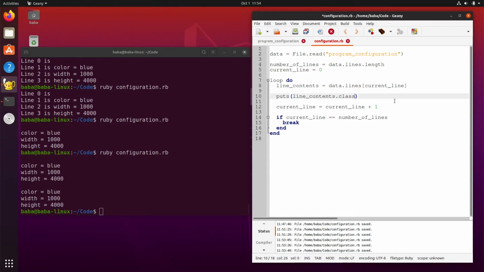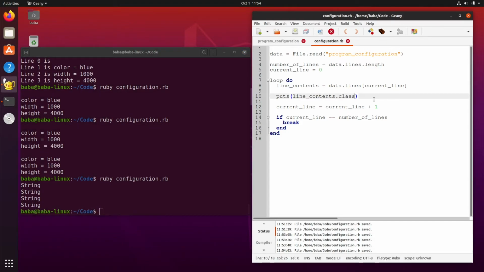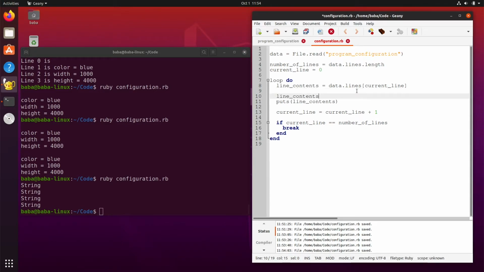And if we do line contents dot class, you're going to see that each line is actually a string. So we have 4 strings now. And now I want to do something a little bit different than this. I want to come here and say line contents equals,